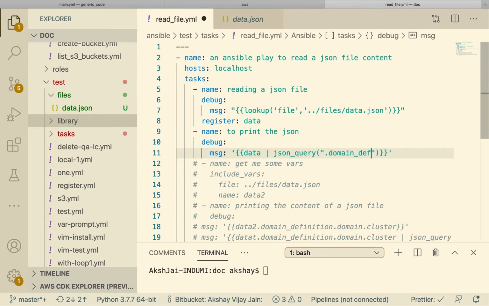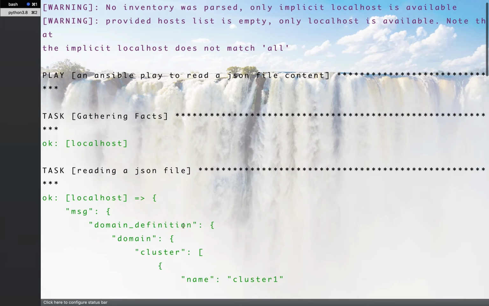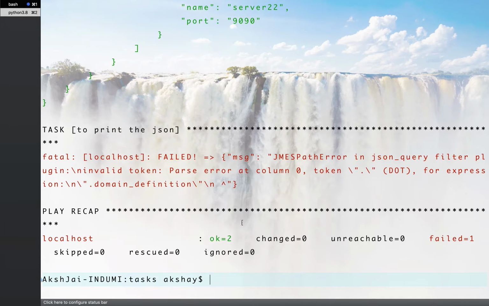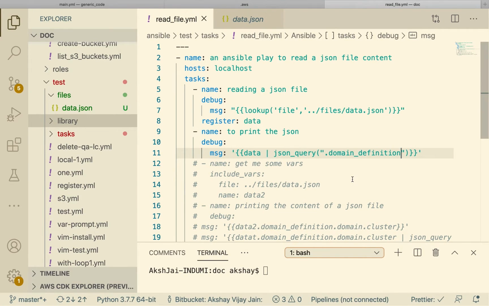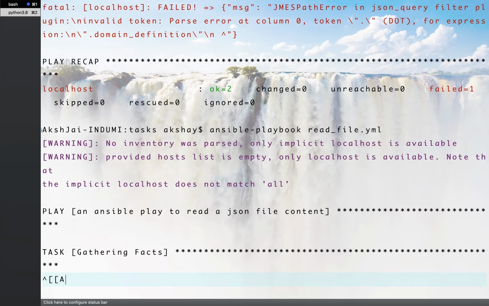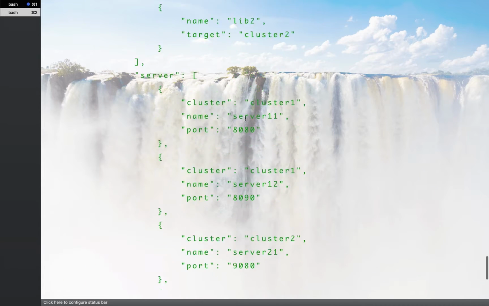Sorry, it was domain_definition, I made a mistake basically. Okay, so let's see. Okay, so we got the domain definition.